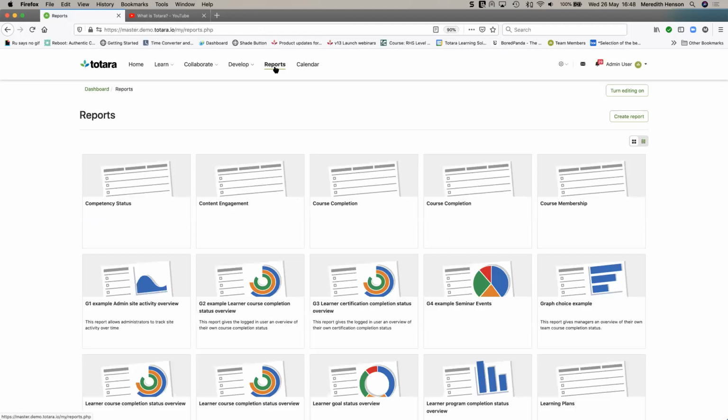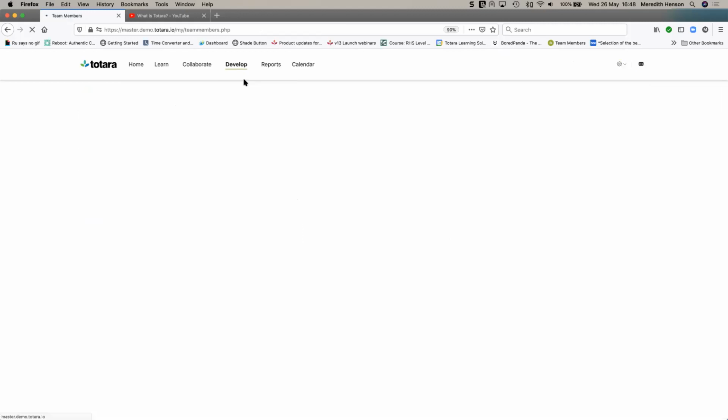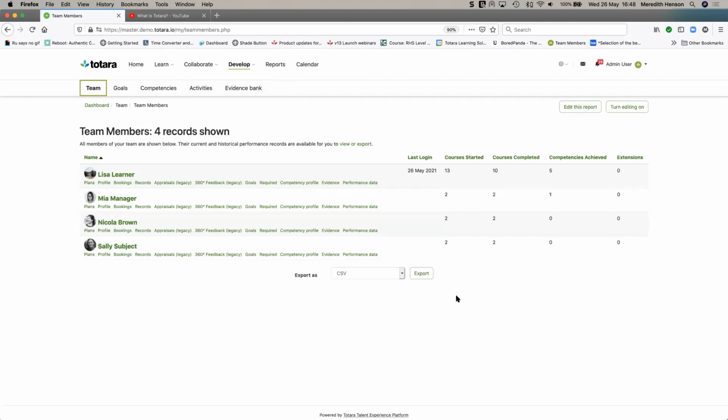We also have what are called embedded reports. So embedded reports are using the report builder, but they're already there pre-built for you. You can go in and change them if you so wish. You'll notice that, like the team report, for example, of all my staff members, I can go in and change that if I so wish.